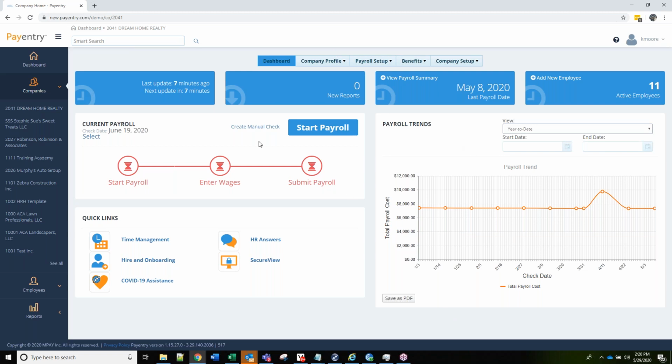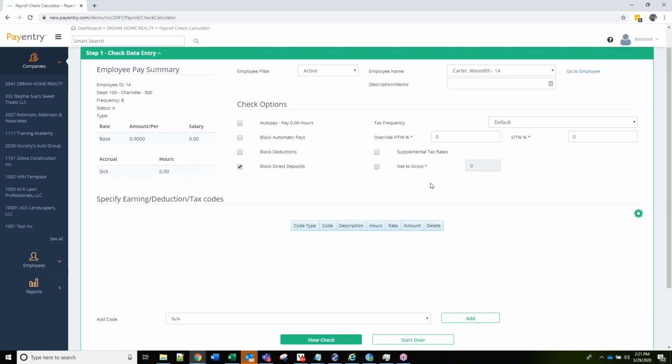And then over here, the start payroll area, it shows you the current payroll that we're in. So the next payroll for this company, Dream Home Realty, is June 19th, 2020. From this area, you can access the check calculator, which is labeled Create Manual Check here. If that's something that you typically use a lot of, it'll look very similar to what you're using in Payentry